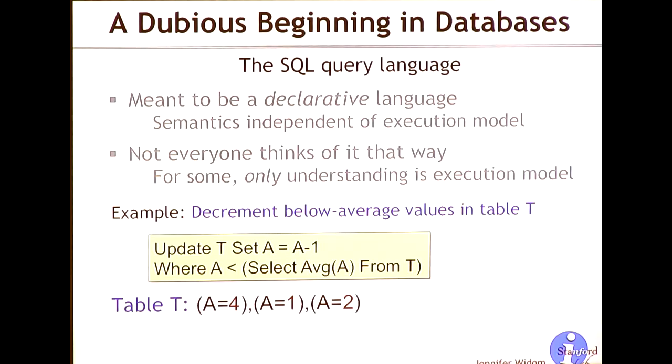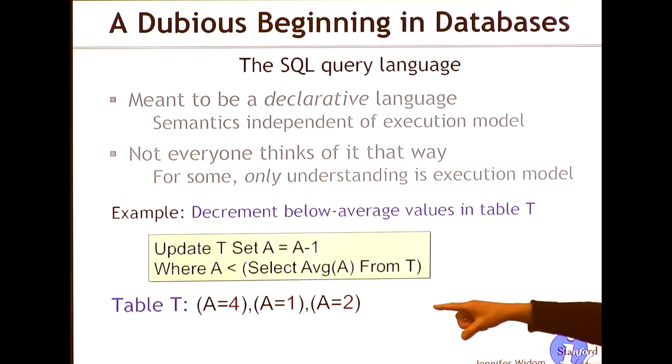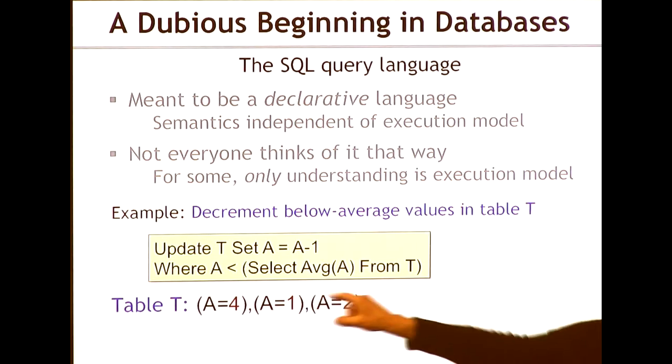You've stolen my thunder. No, seriously, what is the answer? It's not all negative numbers. Any takers here? So I think we agree that 1 and 2 are both below average, right? Okay, so what is the answer? 401. 401. Everybody agree? Okay, if you wind back to 1980, not every system would give you 401. Why not? Because they were thinking about execution. So you thought about the meaning. You said, okay, I know the average is going to be something greater than 2. So these are both going to be decremented, and so they'll be 0 and 1, right?